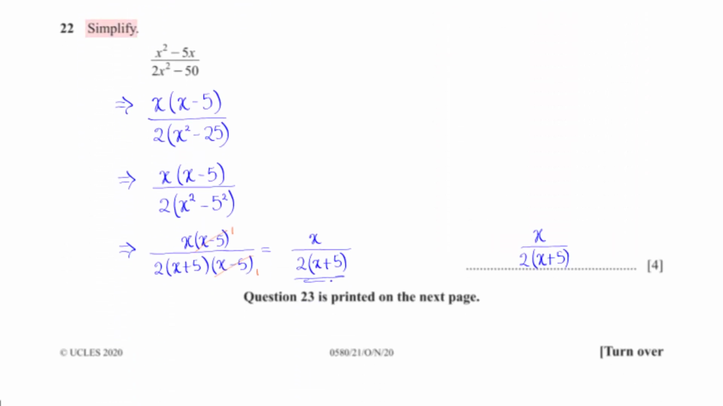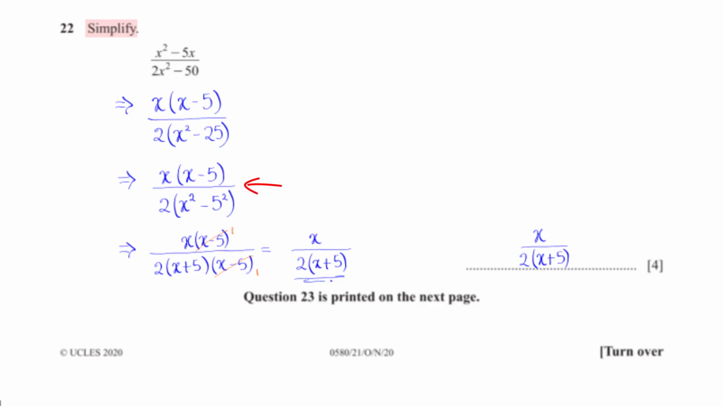Simplify. x squared minus 5x divided by 2x squared minus 50. For the numerator, when we factor out x, we have x minus 5. For the denominator, when we factor out 2, we are left with x squared minus 25. x squared minus 25 can be rewritten as a difference of 2 squares, and that gives us x squared minus